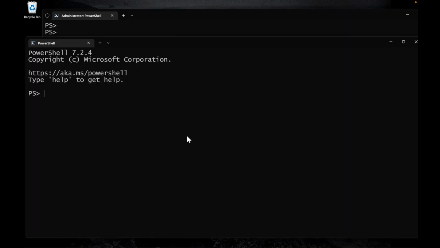So on my Windows 11 box, I've got two PowerShell terminals open, and that's for a reason. Some of the console commands that you're going to want to work with for Crescendo are also going to require elevation. Now, let me just tell you that Crescendo is going to be able to help you with this elevation, but right now we're not to that point yet, so I want to show you what you can do. I'm going to be running this command,